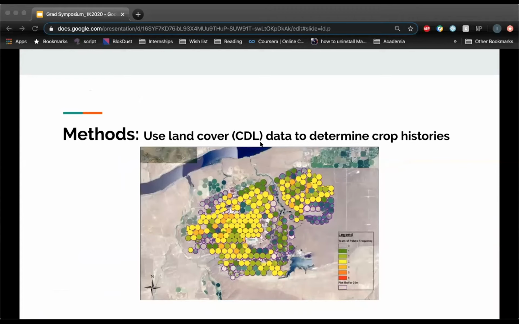In order to determine which fields need to be digitized, we want to know which fields have grown potatoes in the past decade. This means essentially sandwiching all of that CDL data for each year together into a file that combines all those years and digitizing based off of that information. So this here is a heat map I made that shows the frequency of years potatoes were grown in the respective fields for this farm. Visually, we can see that a lot of the fields had 1 to 3 years of potato growth, and the maximum was 4.